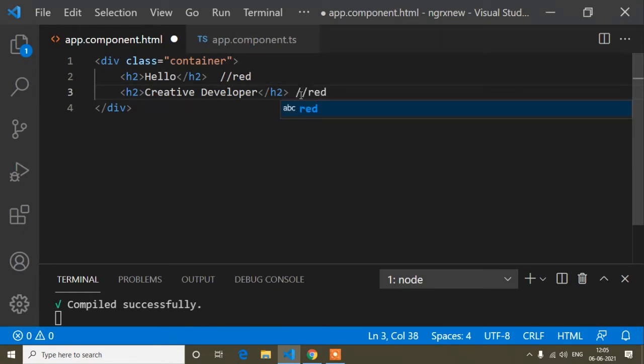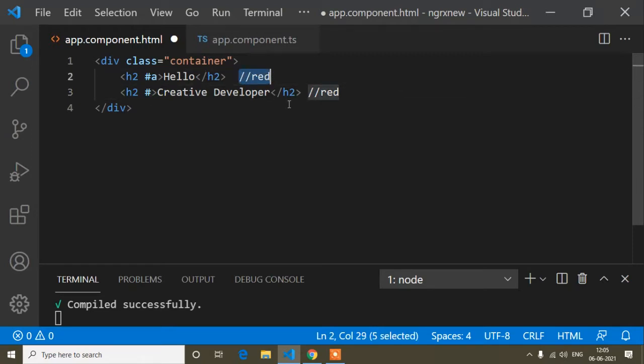So guys, here you can see the same thing: here we have to change the color to red, and also here we have to change the color to red. Now you are thinking you will use ViewChild. So how can we use ViewChild? Here we have to write a template reference variable and the variable name. Suppose the variable name is a, and here also we have to change the DOM, that is color red. So here you also have to write a template reference variable.